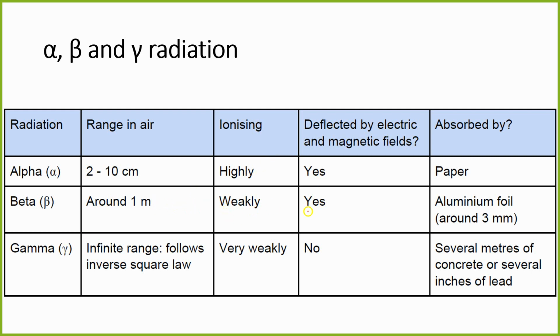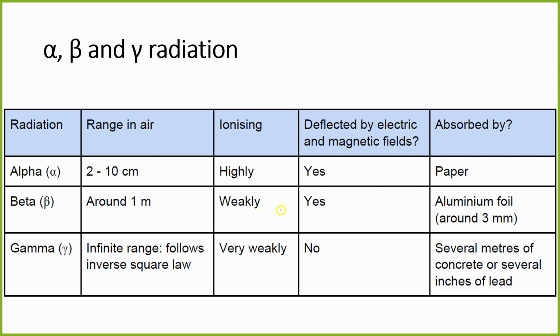As it pertains to its ionizing properties, it's very weak in its ionization property, which just goes to show that because electrons are generally much lighter, you can expect that it's not going to easily knock off electrons from air particles